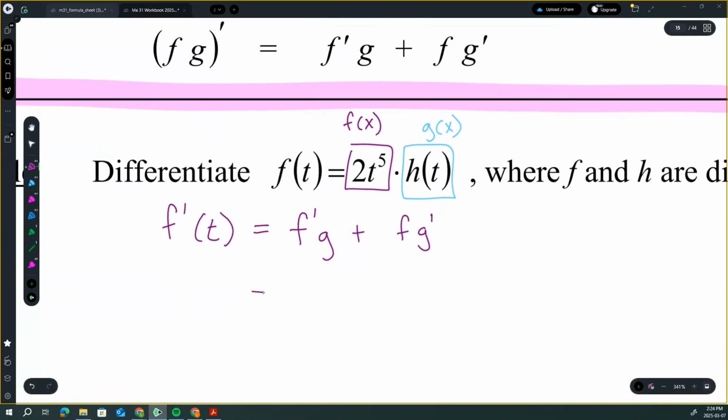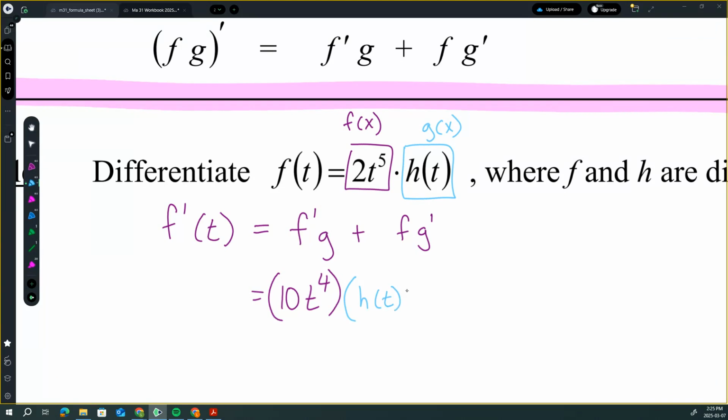Okay. So the derivative of that first function, 2t to the power of 5. So 5 times 2 is going to be 10t, subtract 1 from the exponent, so that's going to be 4. Okay. And then times by h of t